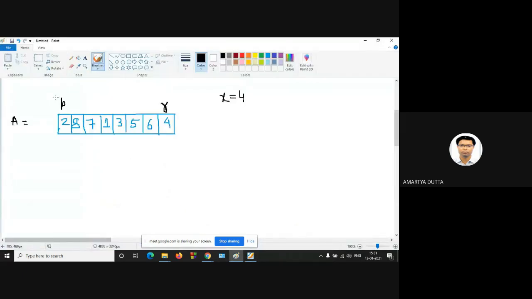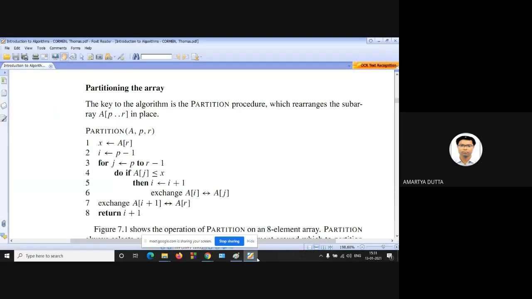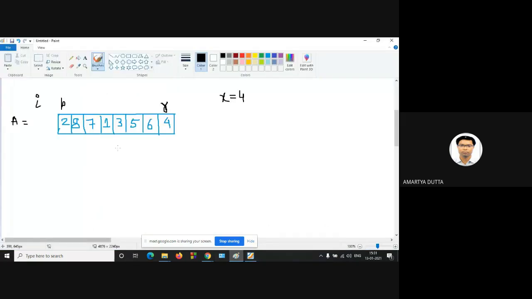So P starts from this, so I will be outside your left boundary. So I runs from P minus 1. Okay. Next, for J is equal to line number 3, J is equal to P to R minus 1. So J runs up to R minus 1. So what is the initial value of J? J runs from P, so at the first index.